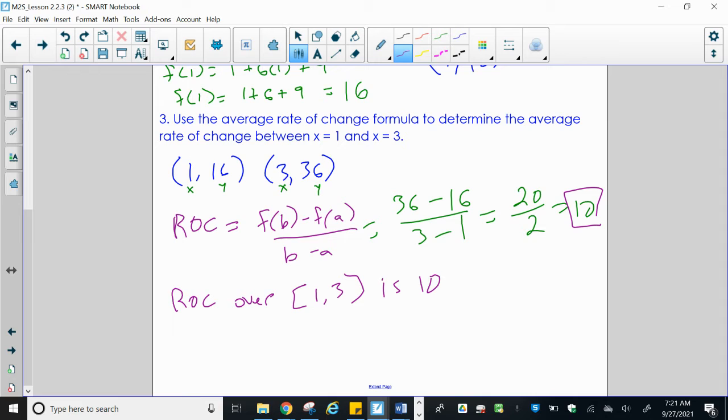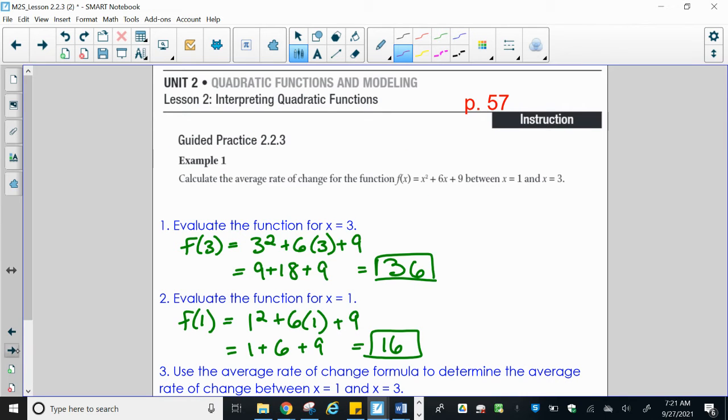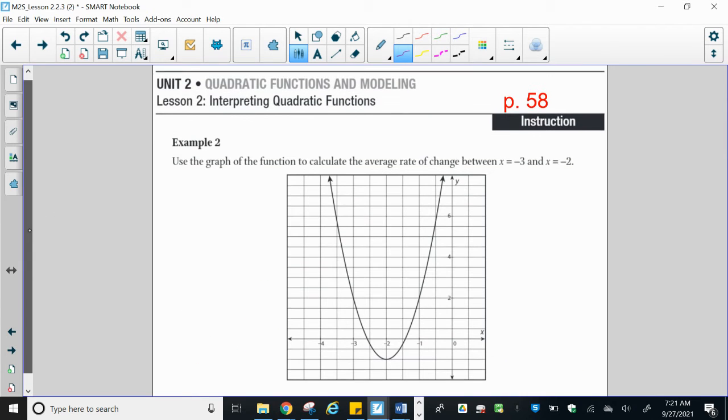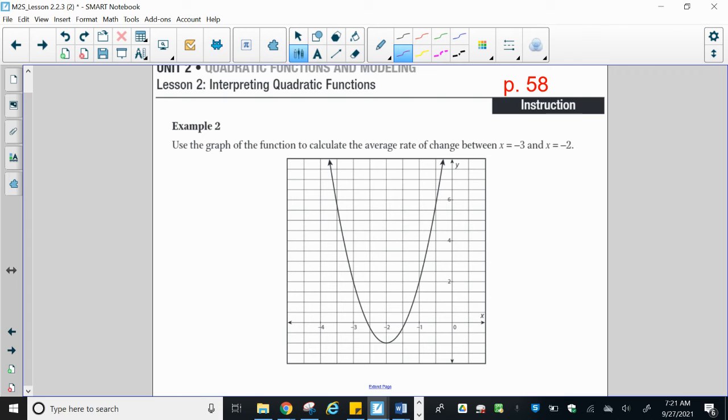Okay, so let's look at some different contexts we could see this. So this one, they gave us a function and said find the rate of change. This one, they give us a graph. Okay, so this is actually less work because we just need to be able to read a graph to find the correct points that we can use. So it says use the graph of the function to calculate the average rate of change between x being negative 3